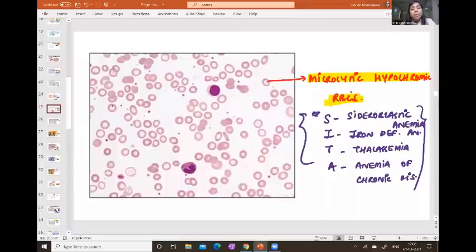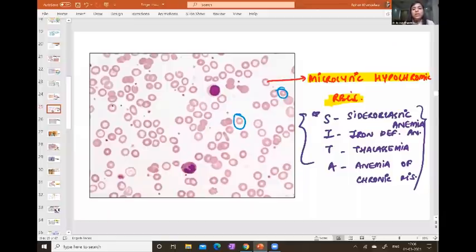Then, okay, this is a very, very basic peripheral smear, which we all doctors should know, because even if you take up medicine in future, this peripheral smear can be asked to you, or you will be seeing these peripheral smears very frequently in the clinics. Now, in this image, can you appreciate that the RBCs do not look normal? Some of the RBCs are smaller, like these RBCs, and some have got more than 1/3 pallor. I've told you RBCs have got central 1/3 pallor.